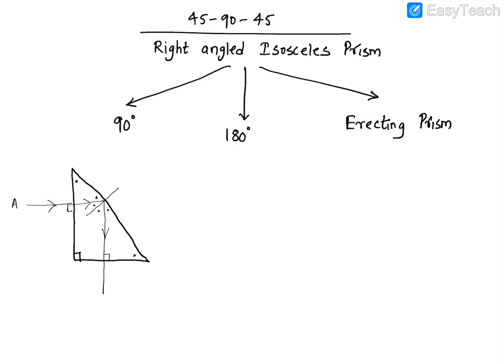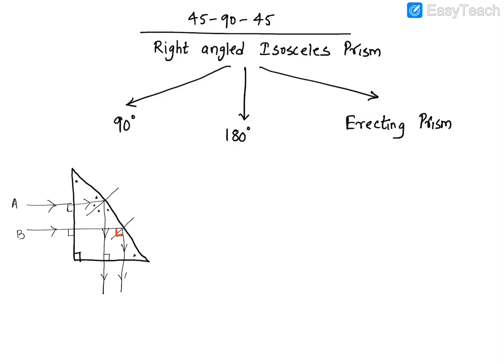So whatever I have drawn is for ray A. In the same way, if there is another ray B, even that will go through the same process. Again, everything will remain the same. Again, there will be a reflection, and then 90 degrees everywhere. Okay, is it clear? Now look at the angle by which you have turned the light ray. You have turned the light ray by how many degrees? Notice here, you have turned it by 90 degrees. That's why we say we are deviating the light ray by 90 degrees.